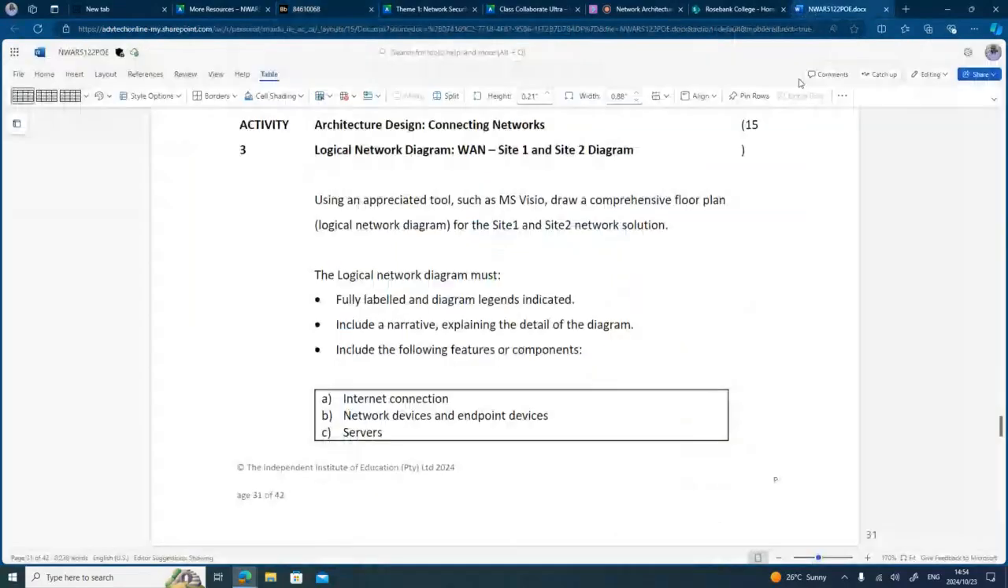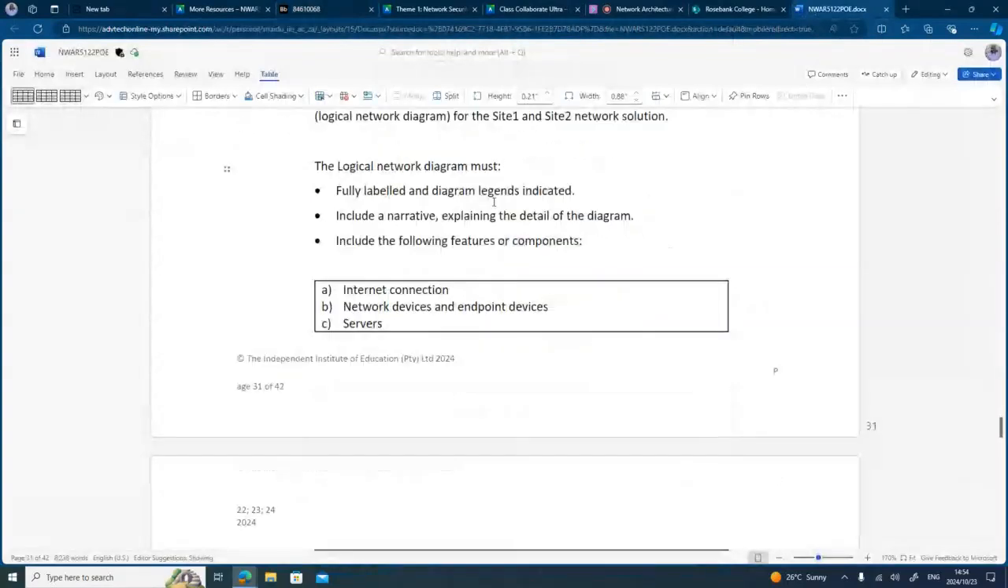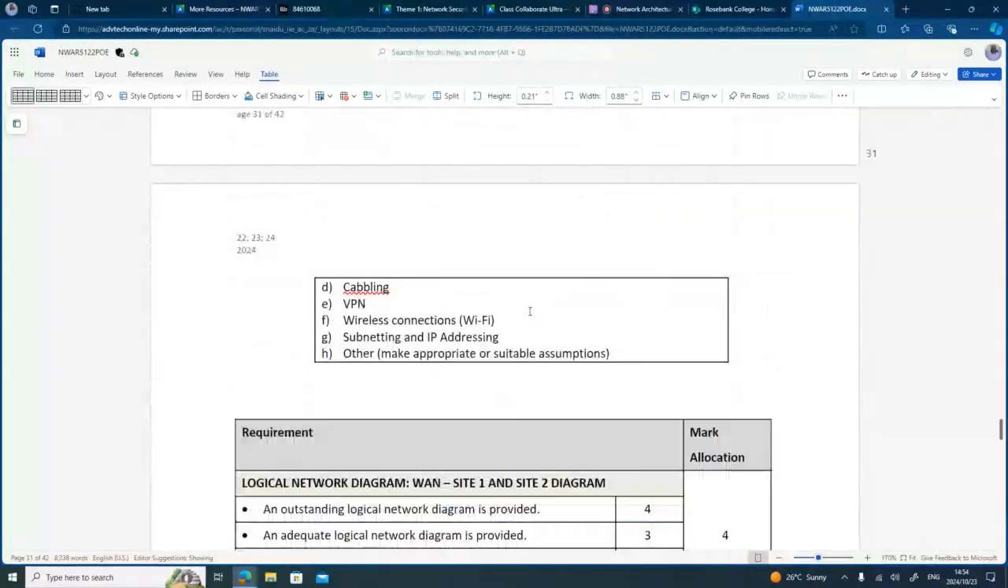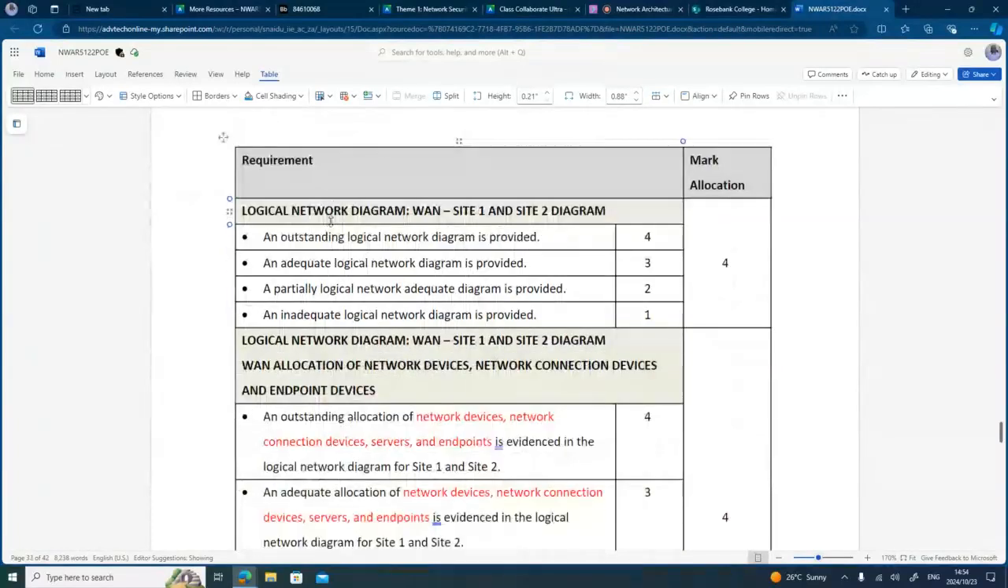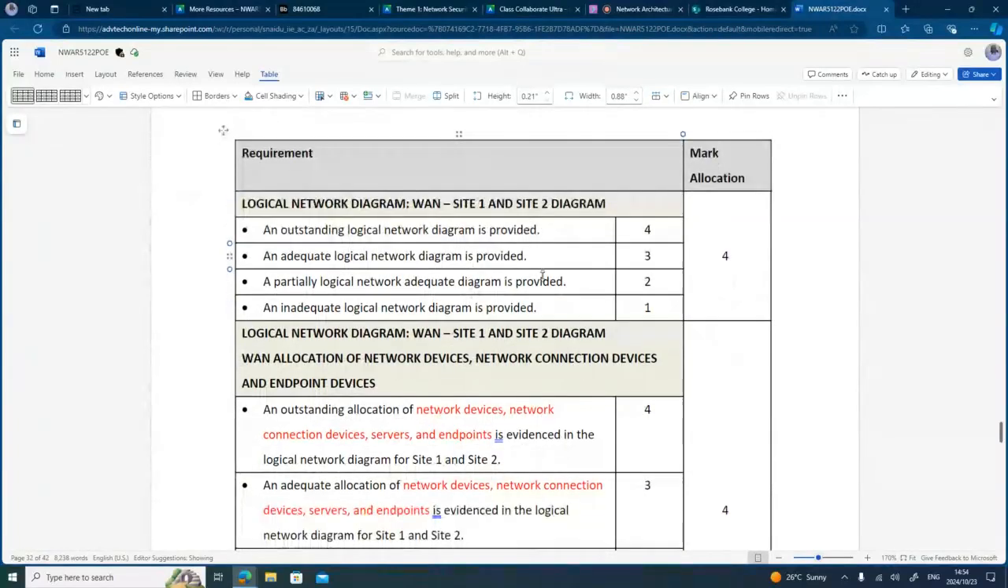How will I know? The diagram, narrative, and then the following features or components. Internet connection, we've got network devices and endpoints. We've only got VPN symbol, but we don't have the VPN server. We don't have a remote access server. So those things need to be put in. Cabling, VPN, we've got Wi-Fi, subnetting, other appropriate assumptions. So the first part is the logical network diagram. Next one, it says